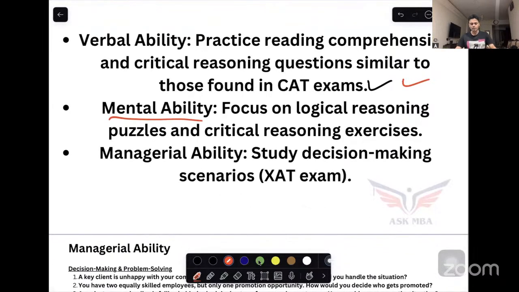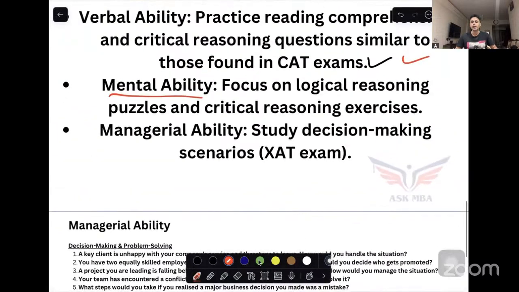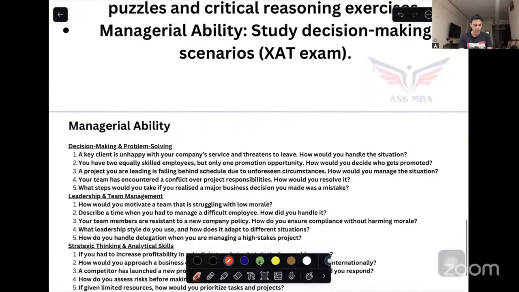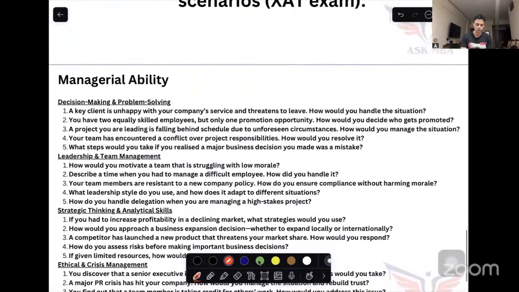Managerial ability questions. Now, study decision making scenarios or questions, guys. That examination is easy in terms of knowing what type of questions are there. You just go online, type in the past question paper. You're going to get the questions of the decision making section, and those kind of questions you can anticipate in this test. I have given not just the type of question, but managerial ability type of questions, and a few examples I have got here.